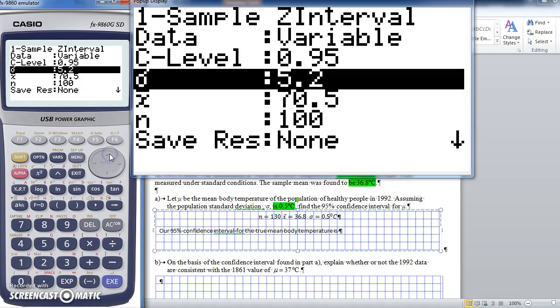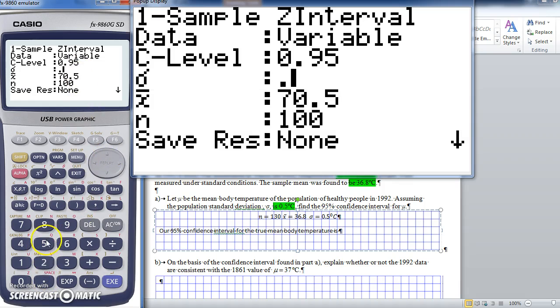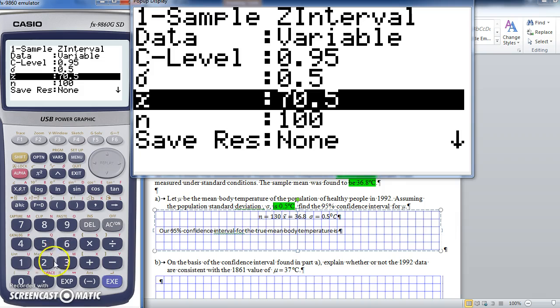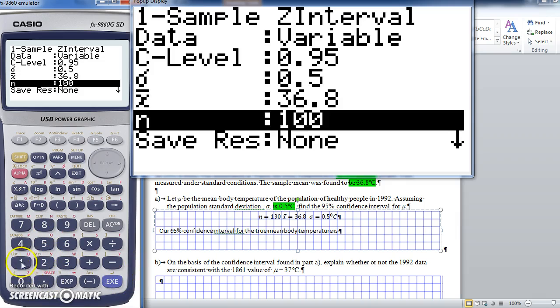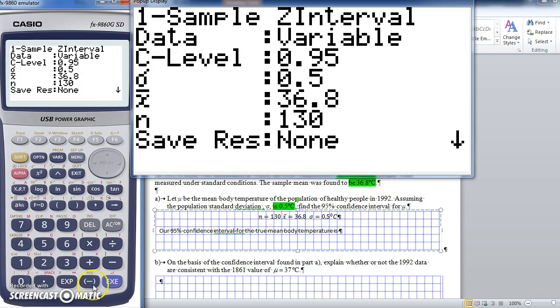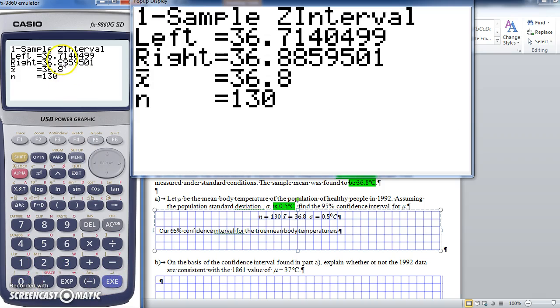So again, we're doing 95%, this time it's 0.5, our mean is 36.8, and this time we're sampling 130 people, so I'm going to execute, and that's between 36.7 and 36.9, so I'm going to round that to 3 significant